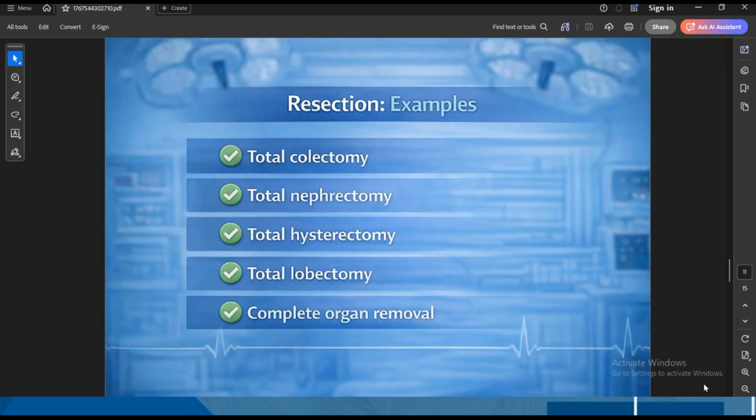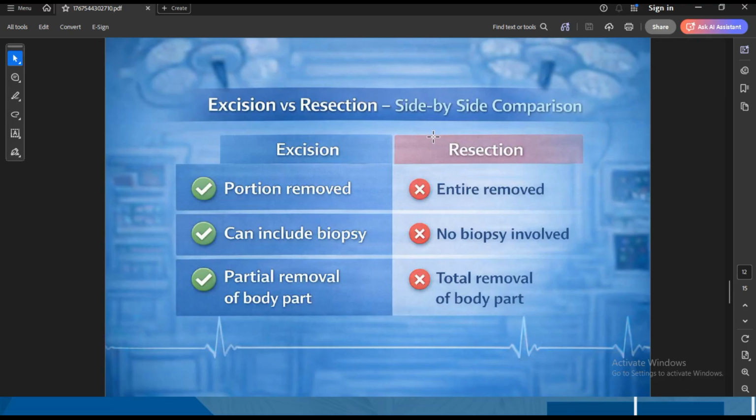So basically this is the side-by-side comparison of excision versus resection. So excision means portion removed. Resection, entire organ removed. Excision can include biopsy. Okay. So resection does not include any type of biopsy. So excision is equal to partial removal of a body part. Resection is equal to total removal of a body part. These are very simple. So if you remember these keywords, you can use excision and